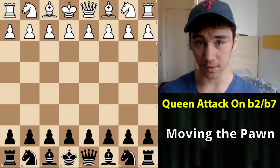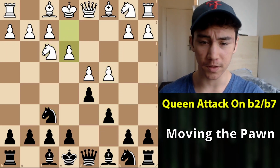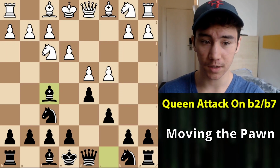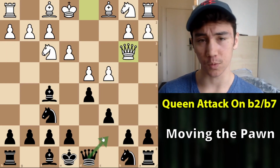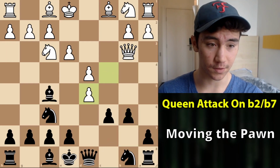To really consolidate this in your guys' minds though, here's another example in the Slav Defense, which is another opening where Black very often develops their light squared bishop outside the pawn chain very early. White might play queen b3, and in this position Black's best move is probably to play something like queen c7 or queen b6, but say in this example they play b6, White takes on d5, and this is a very